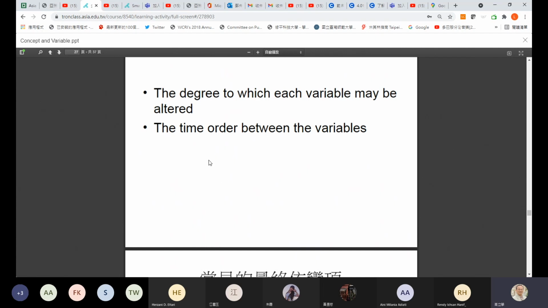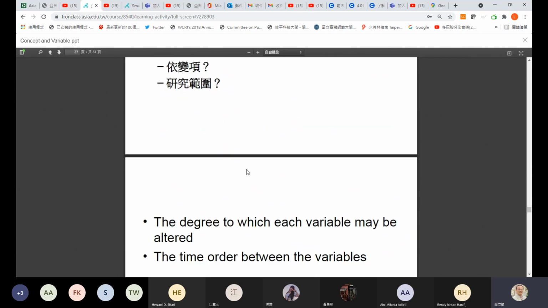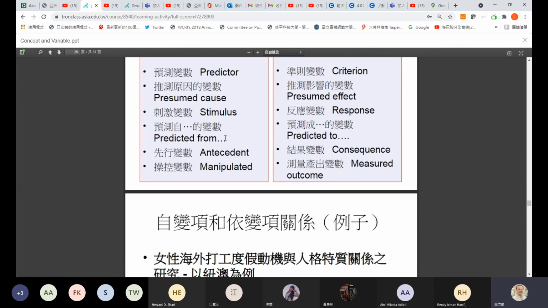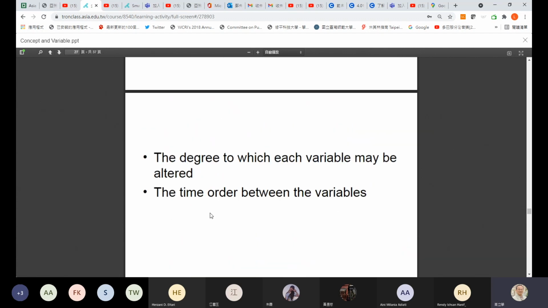The variable that happened in time 1 will become the independent variable. For example, a stimulus and a response. The stimulus at time 1 is the independent variable, and the response is the dependent variable. So that's a sequence, the time order.